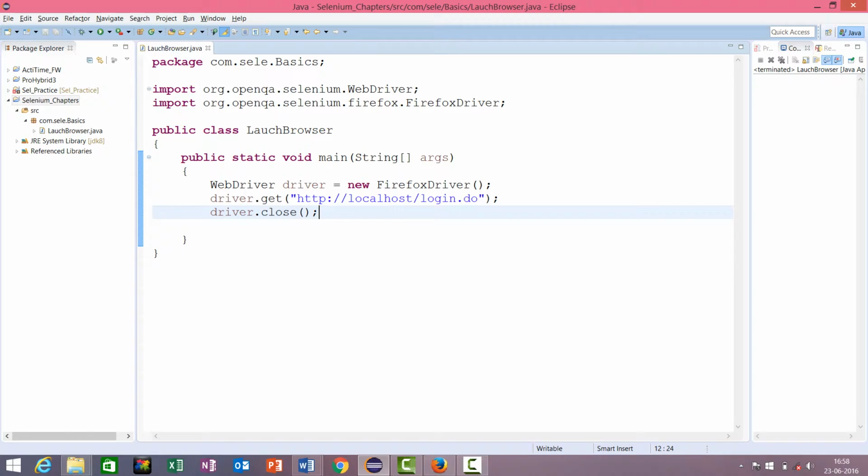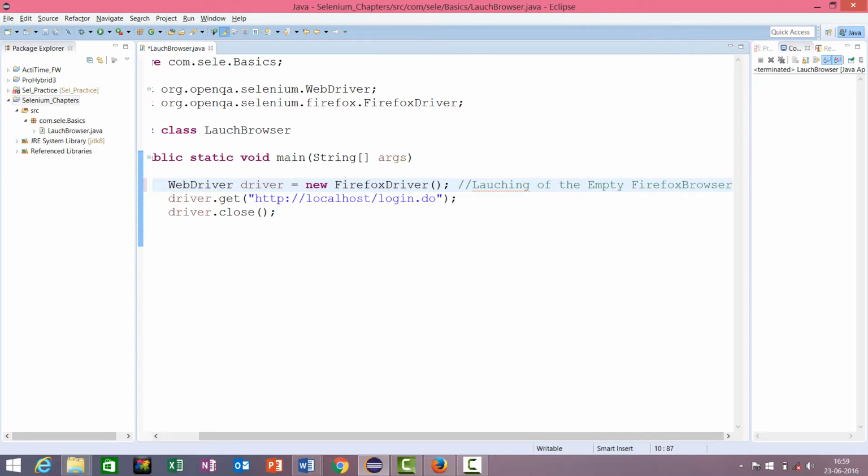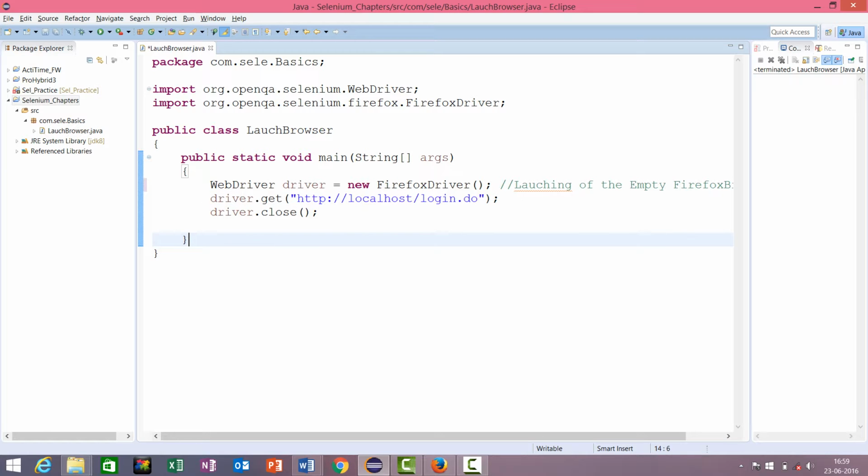So this is the launch of the empty Firefox browser, and this one